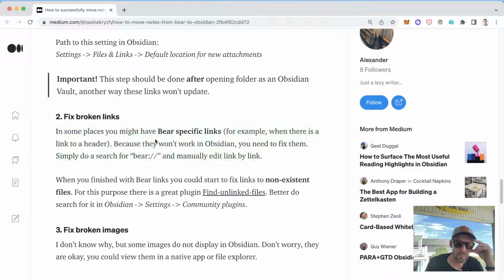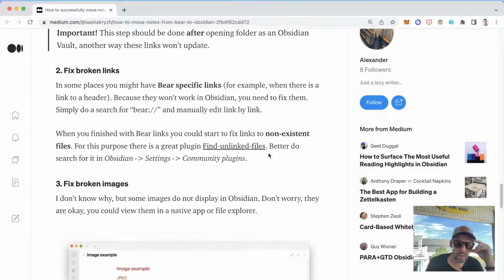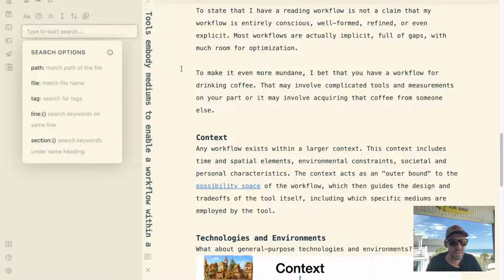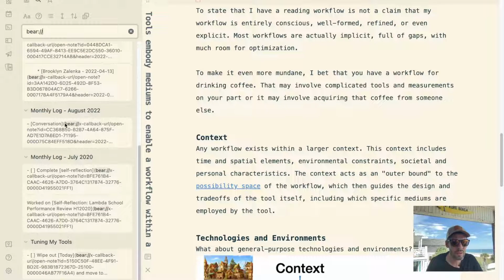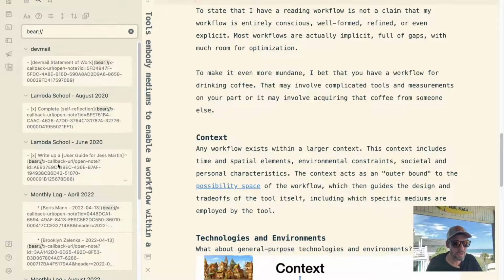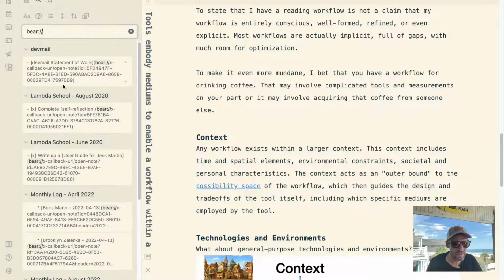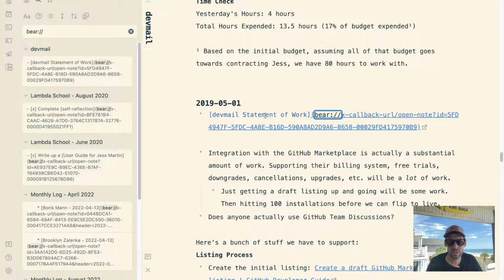All right, so now we need to look at bare specific links and fix broken links. There are a couple places where I've used deep bare links, linking to specific headers and things like that. So let's see if we can find those really quickly. Let's do a search for the bare application code. Okay, this is only 1, 2, 3, 4, 5, 6, 7, 8. There's only 8 locations where I did this. Not bad. So let's see, over here.